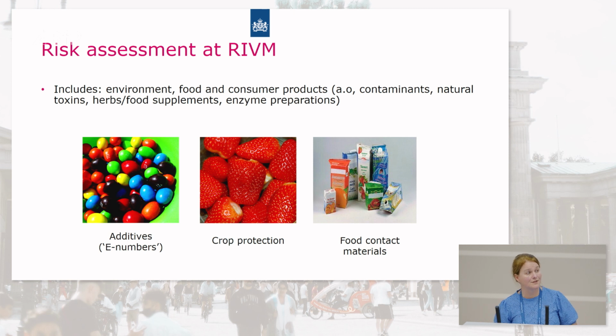Of course, we also do risk assessment at the RIVM. This includes risk assessments for the environment, for consumer products, for food. So contaminants are a part of it. It's also natural toxins, herbs, food supplements, and enzyme preparations. And for these risk assessments,